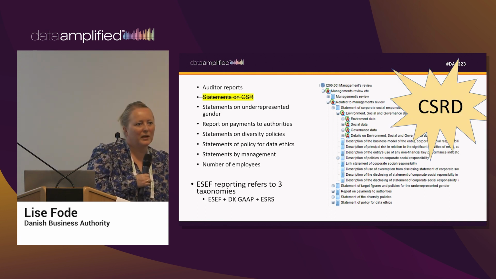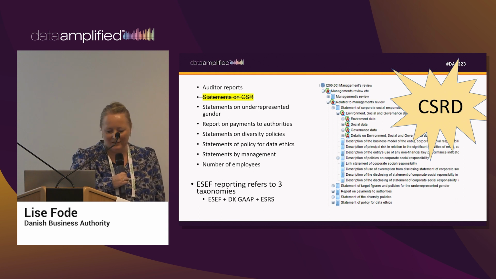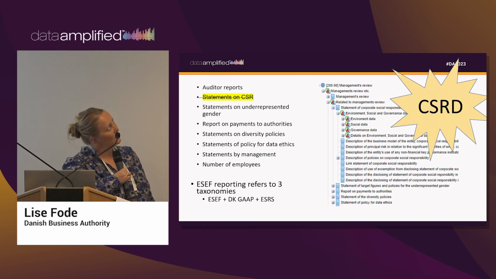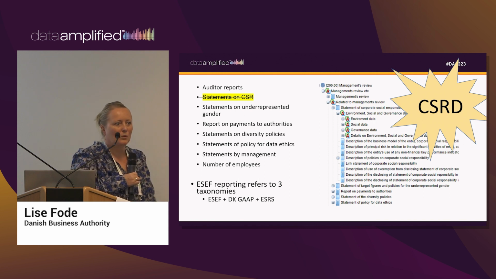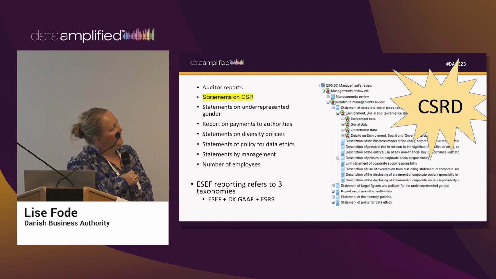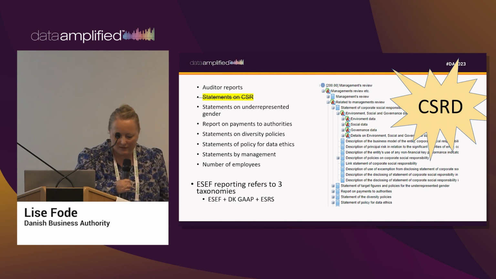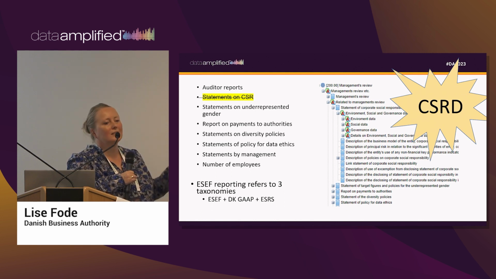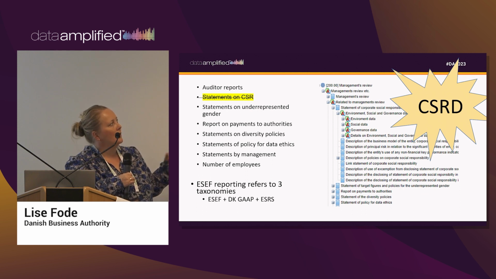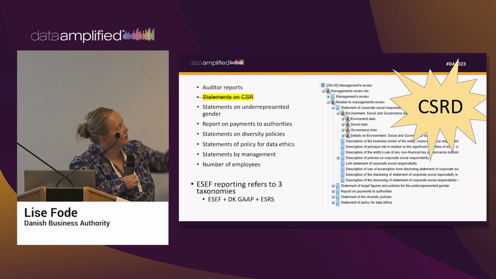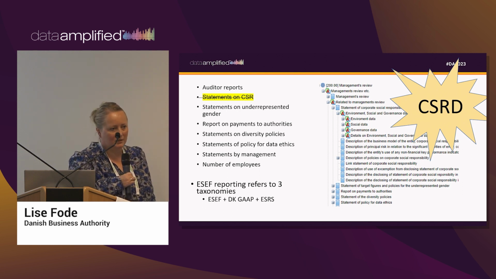So we are all waiting impatiently on the CSRD taxonomy, as probably the whole room today. And when this taxonomy arrives, we will take out the statement on the CSR, which was a Danish thing at the moment, but we will delete that and make some changes in our filing system so that in the future, when the CSRD is effective, the listed companies will have to report to 3 taxonomies. So both the ESEF, the Danish GAAP, because we still want all the other information, and then the CSRD taxonomy.